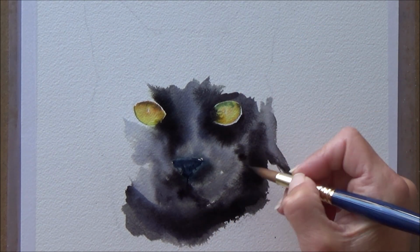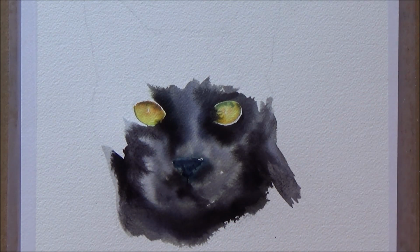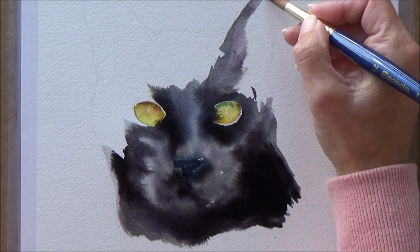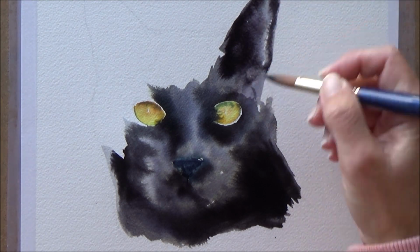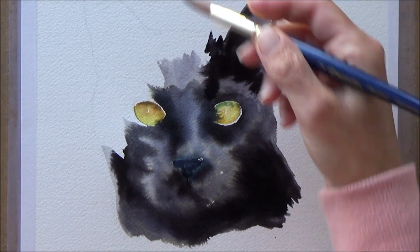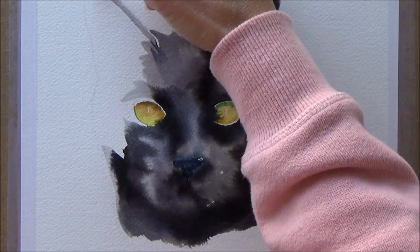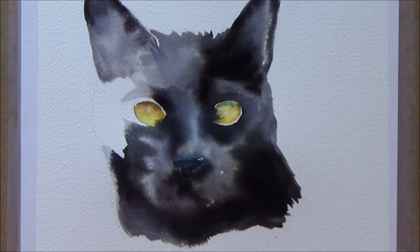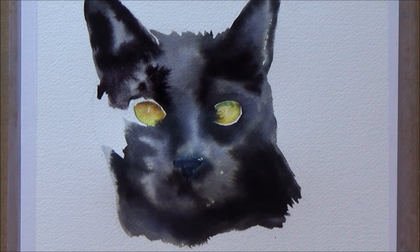And certainly this technique and having that time constraint on me today did really make me simplify things, so I wasn't able to worry too much about details and planning things out, and in a way it kind of forced me into looking at it from a different point of view. So it did push me out of my comfort zone quite a bit, because normally I like to plan the order of things and which areas I'm going to do first and that kind of thing,